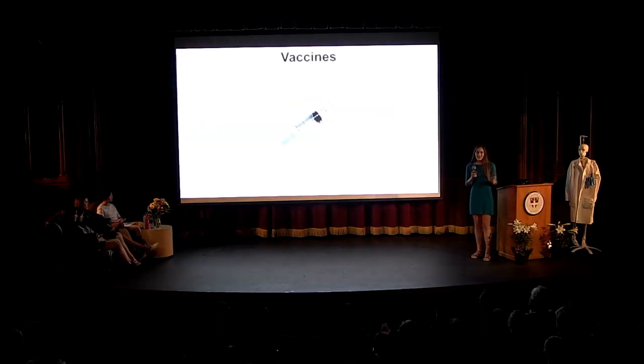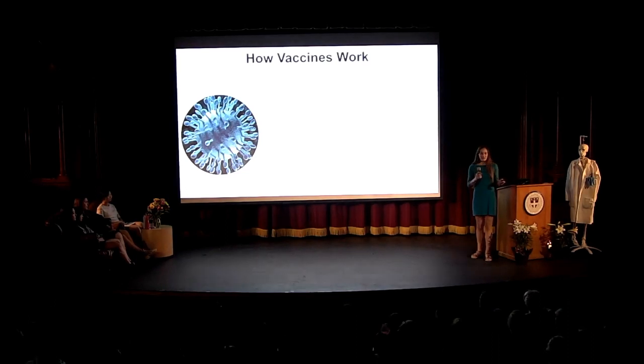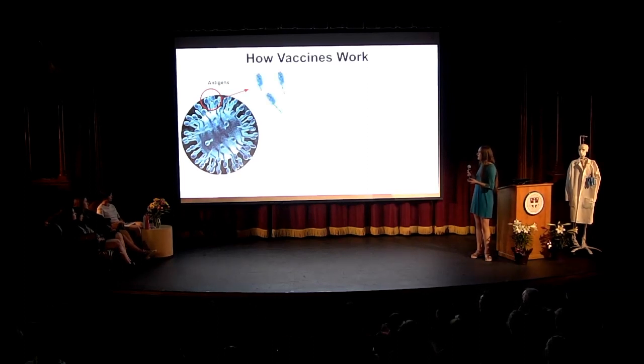Now, in case you don't remember what vaccines are, here's a recap. Vaccines are made in order to prepare our immune system to fight off a specific virus or bacteria. So how do these work? Well, here is a random virus. It is not really blue, it's just been colored for clarity. And every virus has these things sticking out of them called antigens. In order to prepare our immune system to fight off this virus, scientists actually remove the antigens and put them in the vaccine. And this vaccine is injected into us.